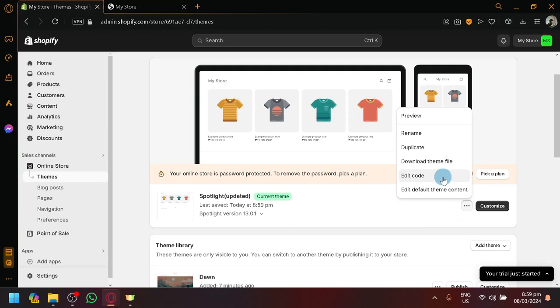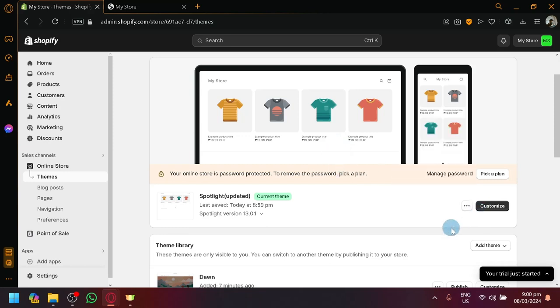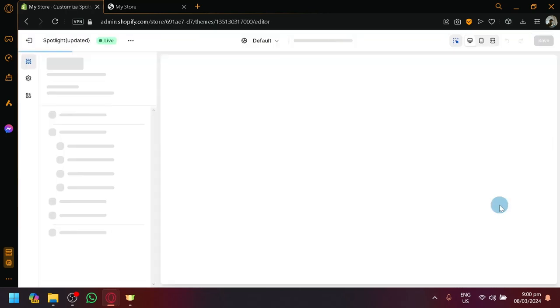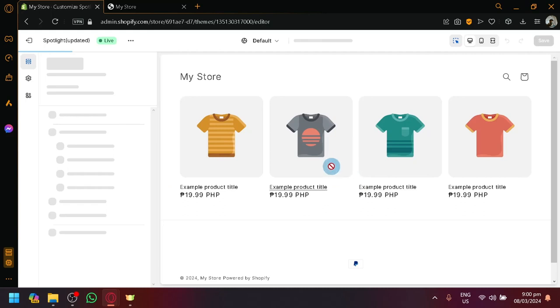The code is specifically for programmers who have experience in actually editing the design of a website based on code. So you will have, of course, more freedom, specifically if you are a programmer. But for us, let's assume that we are a normal user who is trying to customize their Spotlight theme. So let's simply click on Customize over here, which will redirect us to another page,